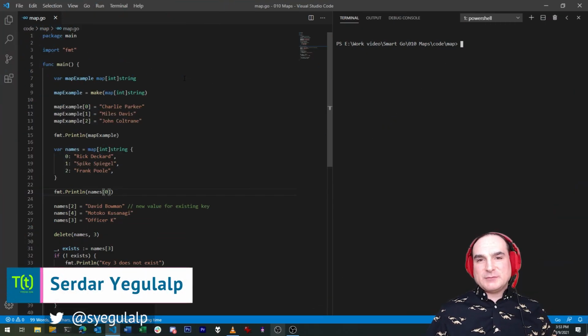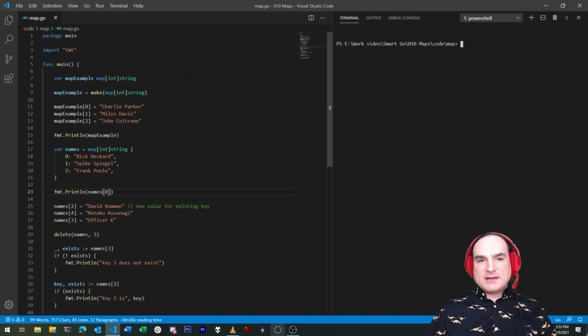In this episode of Smart Go, we're going to take a look at the map data structure in the Go language. Most modern languages have the concept of a map, a container or data structure where you could store values, some instance of an object, and then look them up quickly by way of a key, itself another object or value. Java has this in the form of hash maps, and in Python they're called dictionaries. In Go, they're simply called maps.